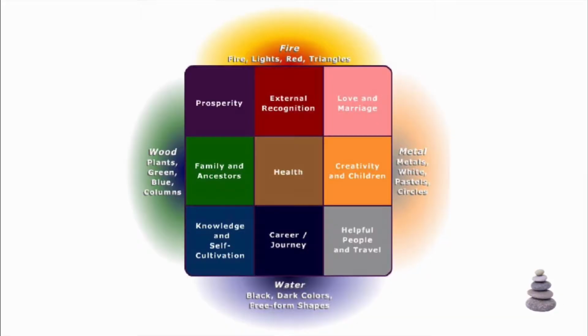Tip number 2, anchor your prosperity corner. Take a look at the far left corner of your home, as this represents the prosperity corner of your home and the area where you can set your intentions to honor your wealth and prosperity. Remove clutter and anything that resembles obstacles, and add items that represent wealth, success, and prosperity, such as artwork, plants, water features,